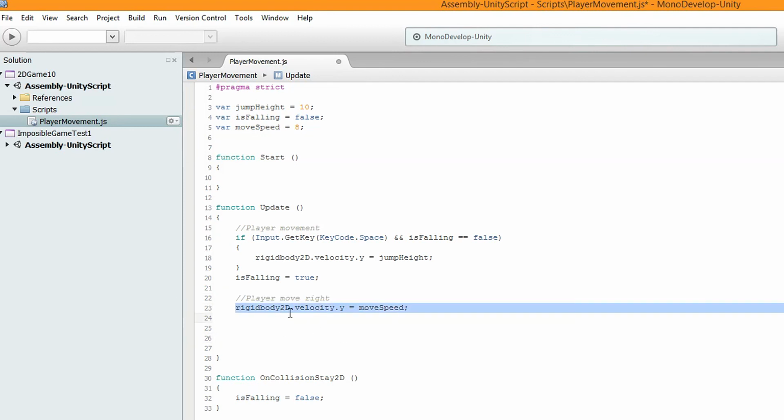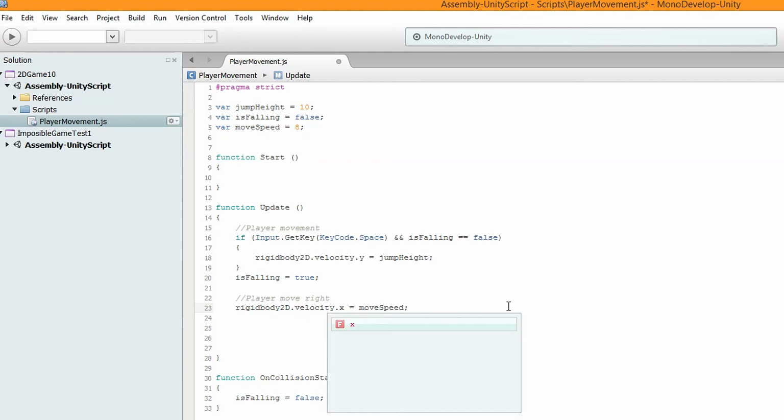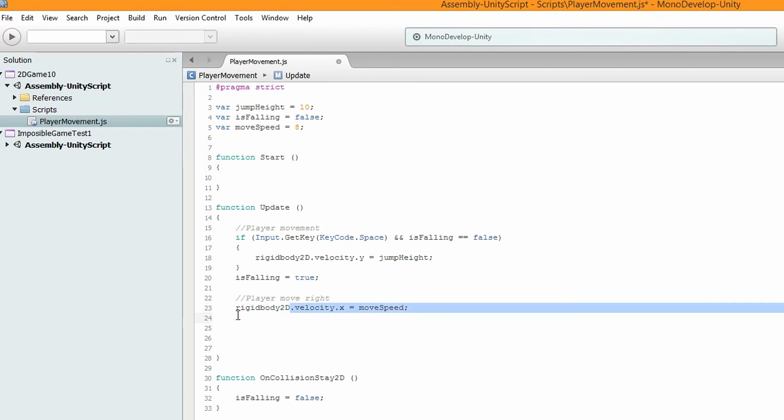And now, like it says, it goes rigidbody. Every single frame, it's going to move the rigidbody to the velocity of Y. Oh, wait a second. No, yeah. Sorry. X. That's where I was going wrong. I was looking at it thinking, what the hell's wrong? No, but yeah. Because X is along this way and Y is up. X is all across and Y is up. So we're going to move the velocity of X with the value of moveSpeed, which is 8. So it's going to move 8 on the X-axis of the player every update.